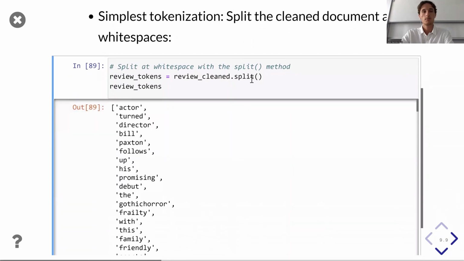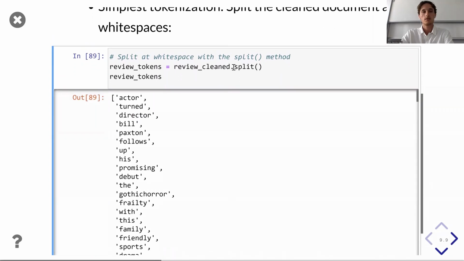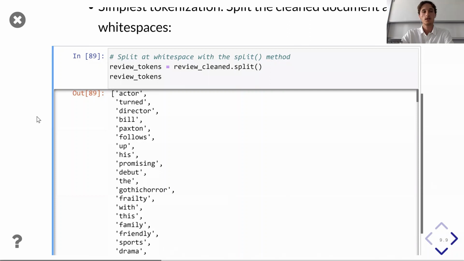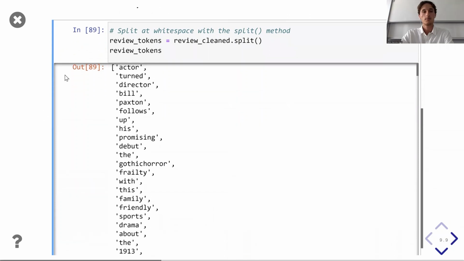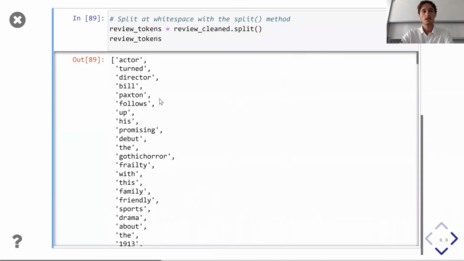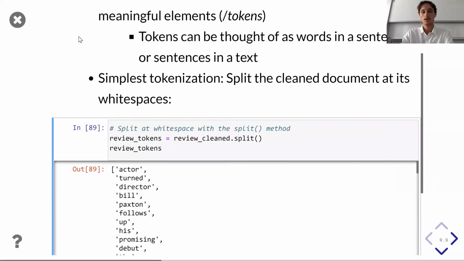Just use the dot split method, and with this example review we have here, we then get a list of all the words in this review, and they are split by the white space. So this is a very simple way to tokenize,